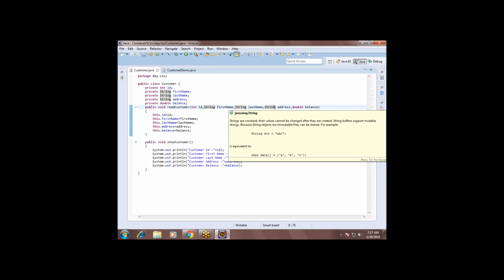In command line arguments you're talking? No, I used import scanner to enter it. Then why do we go for Integer.parseInt if you are using the Scanner class? What is the need? There are different methods now. For integer there is a nextInt method. For string there is a next method. For double there is a nextDouble method. Then why should we go for parse again? So parse should be used only for command line arguments. Command line is not required also because we don't use command line arguments. This is only to have knowledge about that.